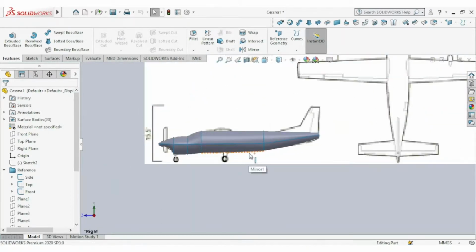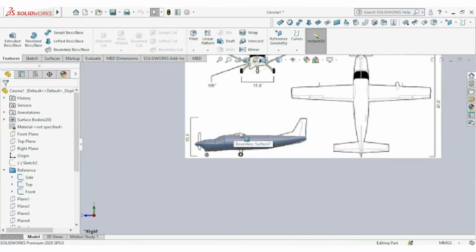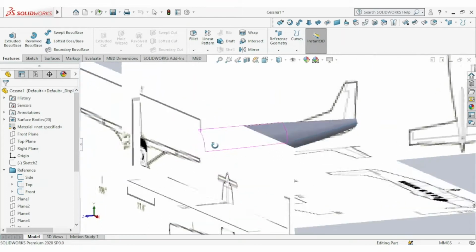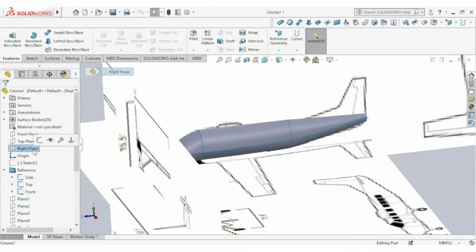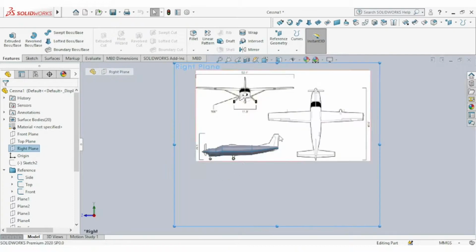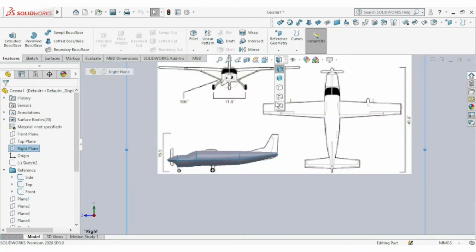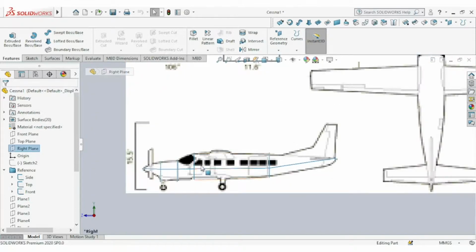Now let's add the windows, windshield. Okay, so still on the right plane. Let's go to the side view. Let's go to wireframe. So let's start with the side windows.